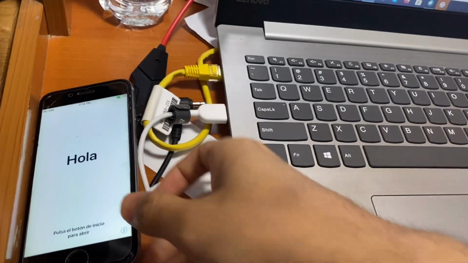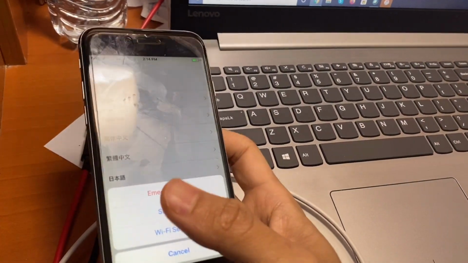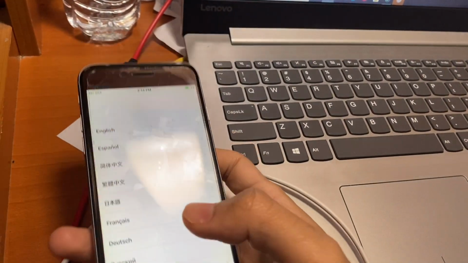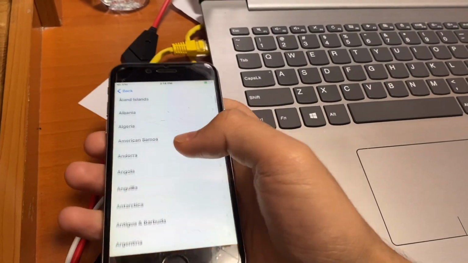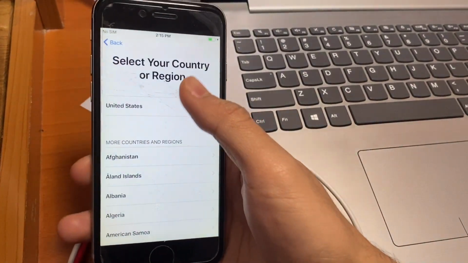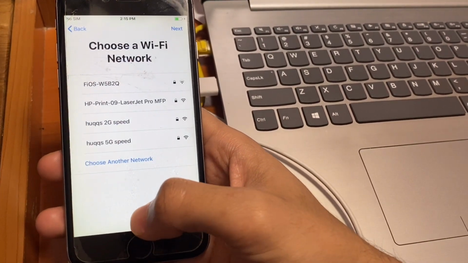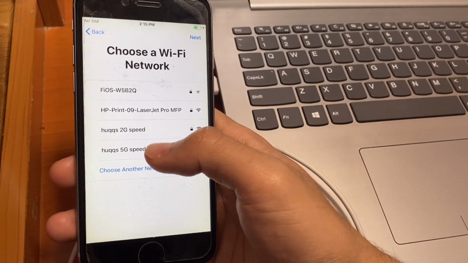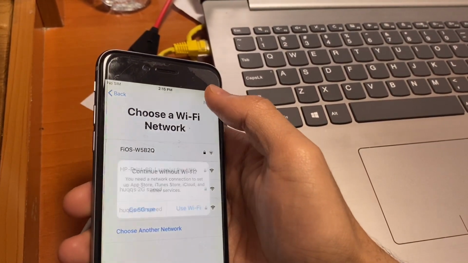Phone restore has been completed, so now it's time to check on my phone. You can see it saying hello, hola. Then you select English and go to next, and then I'm selecting my country, United States, and then quick setup for the Wi-Fi. So I'm just gonna continue next,